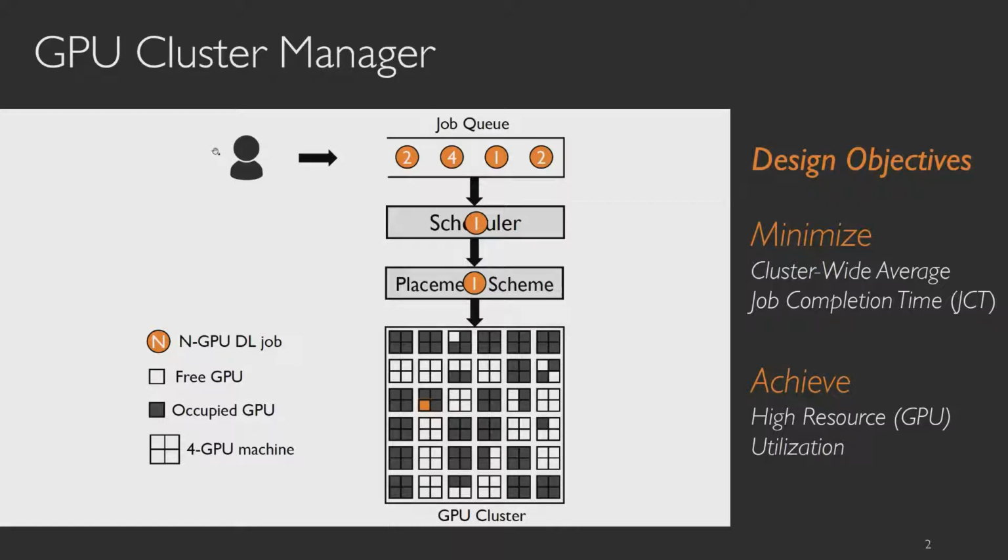Then you have users that share the entire GPU cluster, and each user submits jobs that can be simplified as: here is the deep learning training job, and I need this number of GPUs for my job. So you have 2 GPU, 4 GPU, 1, 2 GPU tasks. When this job description comes to the scheduler,